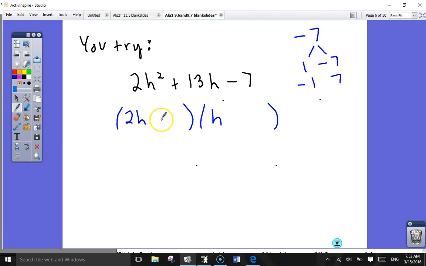And everybody got this that I saw. 2h minus 1, h plus 7. Right? When you see a positive 13h, you've got to be thinking, okay, well, that's probably 2 times positive 7. That's what I would think first thing. So it's a little bit of guess and check. I think the next one,